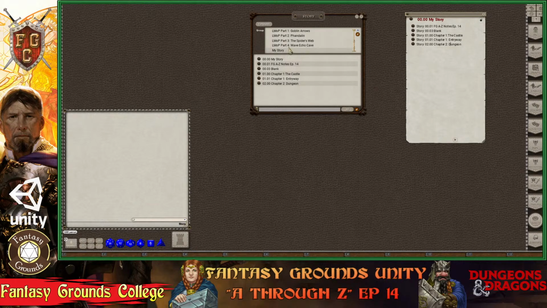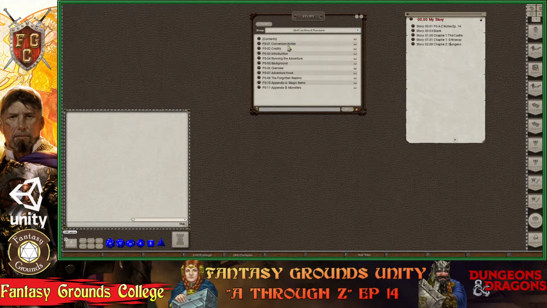At that point, if you load that up and you try to access that particular copy, it's going to tell you to load Lost Mine of Phandelver. And that's not what you want. If you're planning on selling it, that's a problem, but if you're using it for your home use, it's not a problem, especially if you own Lost Mine. But if you're going to build your own content, you need to have a separation, and that would be to